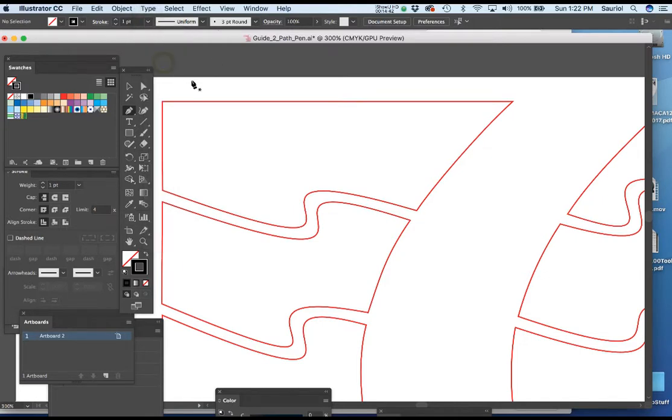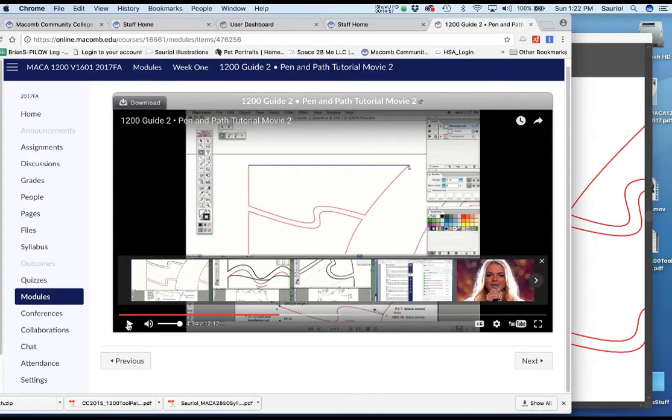Don't panic. Just watch my movie. Then you click and watch this. I hold the shift key and I click. Now that is exactly how to do the movie tutorial. So now I go back to the movie, wherever I put it. So now I listen to the next step.